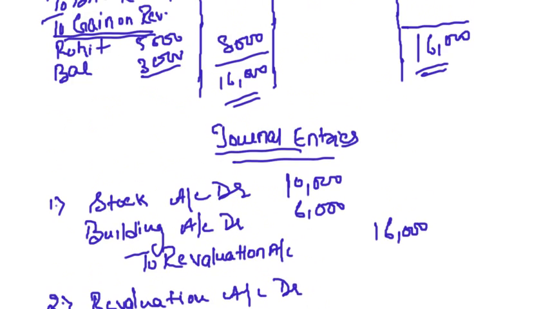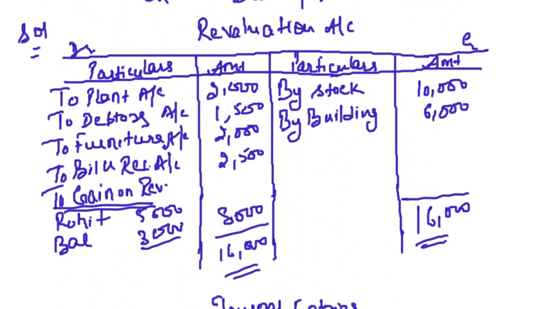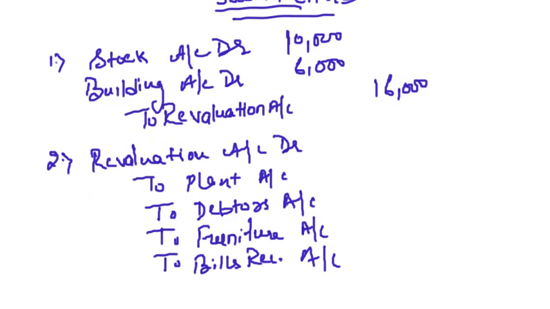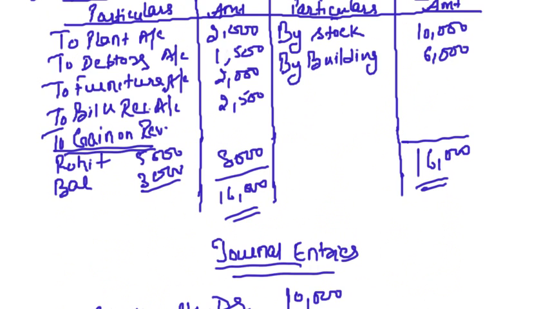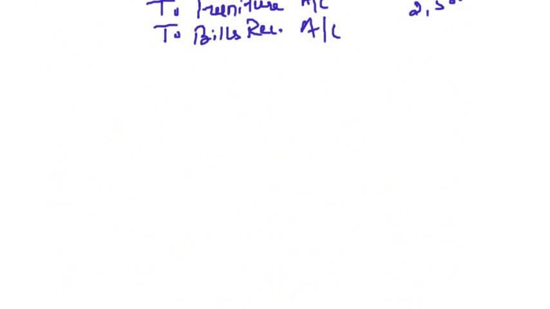How much is the amount? The plant depreciated by 2,000 rupees, debtors by 1,500, furniture again by 2,000, bills receivable by 2,500. So the total is 8,000. Now the profit on revaluation will be distributed among the old partners in old ratio. Clear? So the journal entry will be